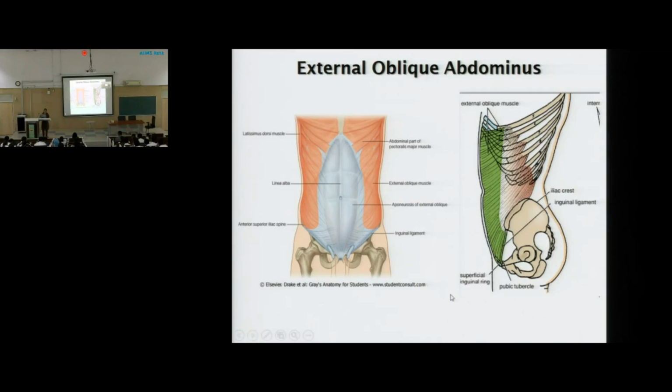Onto the pubic symphysis. Okay, pubic symphysis. And then from the pubic symphysis, if you go laterally, what is present? Pubic crest. So it will be attached to the pubic crest also. Here I'll tell you, pubic symphysis and pubic crest. So these muscle fibers, they are originating where? From the outer surface of the lower 8 ribs, and from the iliac crest, the outer lip of the iliac crest, at the level of